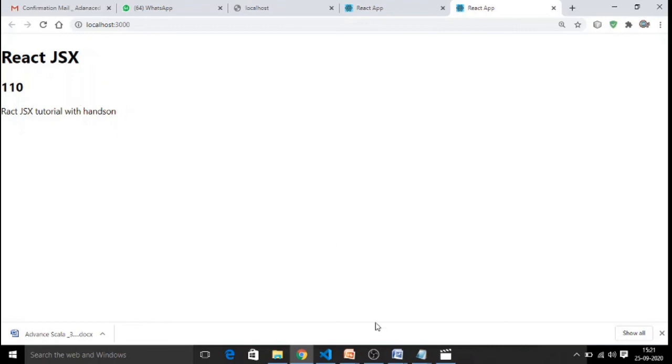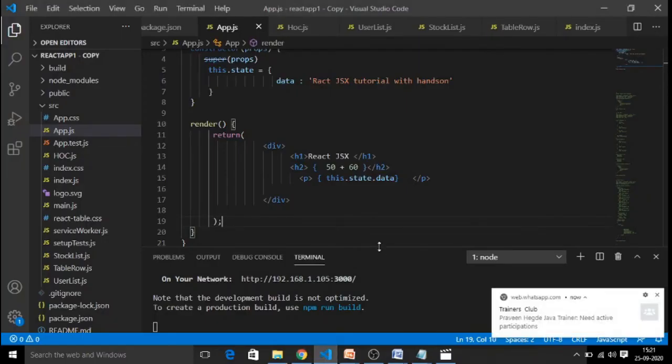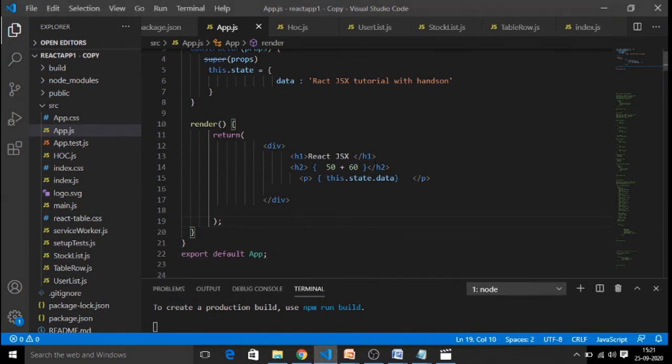Yeah, this is how we are making use of JSX syntax to render the components, and to display any kind of HTML tags. If you want to display the ordered list, unordered list, tables, or process an array of values, all those features we will be discussing in our map session and the key session.